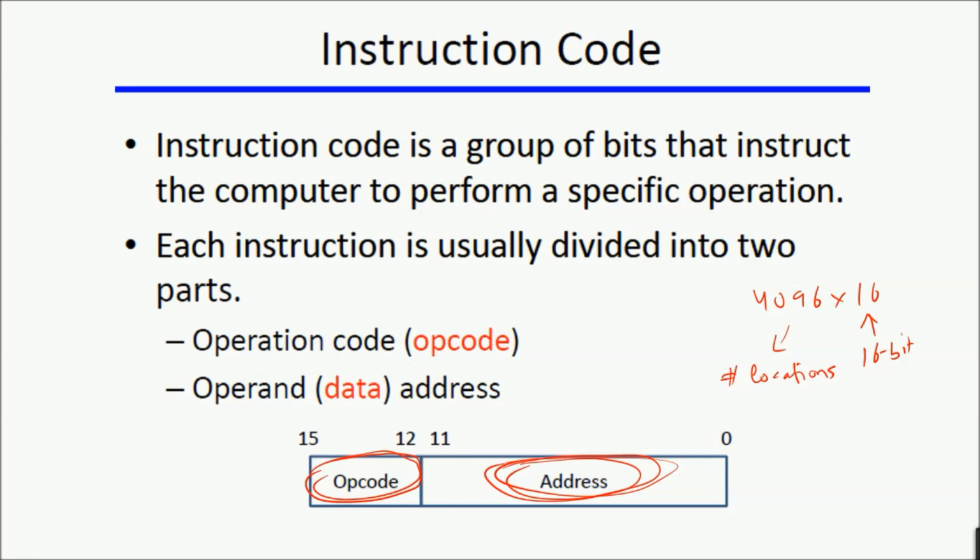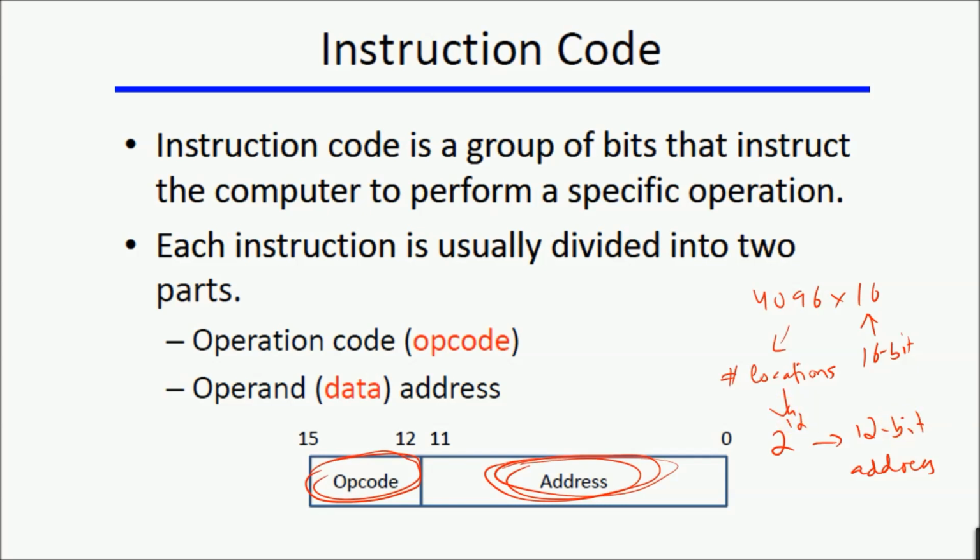The data is being stored in the same memory. And how many locations does that memory have? 4096. And this comes out to be 2 raised to power 12. So this means that we need a 12-bit address to address any given location in that memory where our data